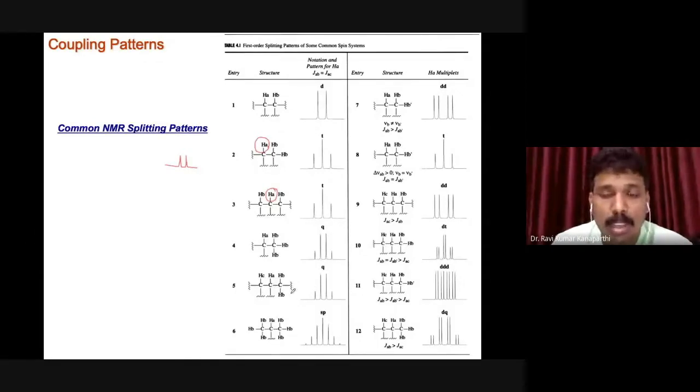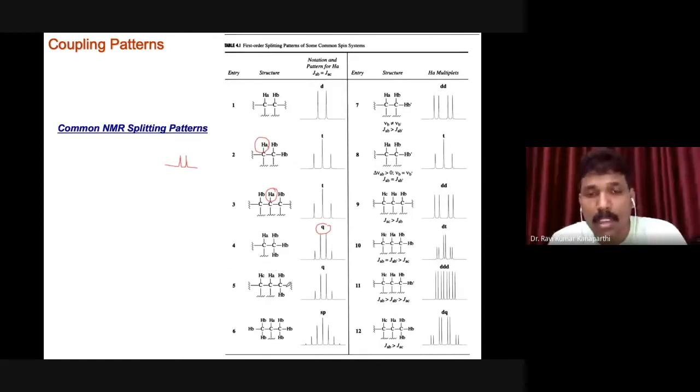So on one side you have 2 nuclei, and on the other side you have 1 nucleus. So altogether you have 3. No, sorry, this is a quartet. I mean, only on one side you have a methyl group, and on this one you can have 2 plus 1. 2 plus 1 is 3, so when it comes to the multiplicity, it will be a quartet.